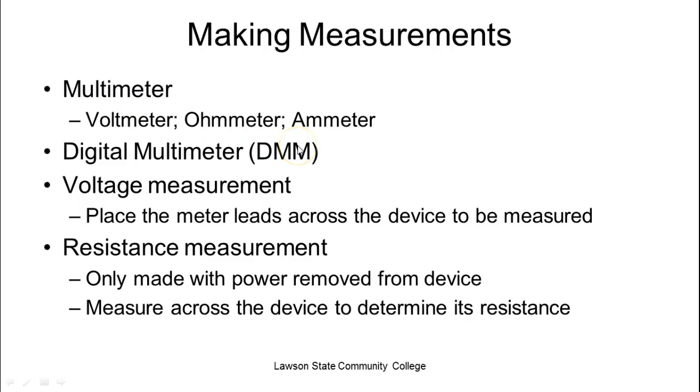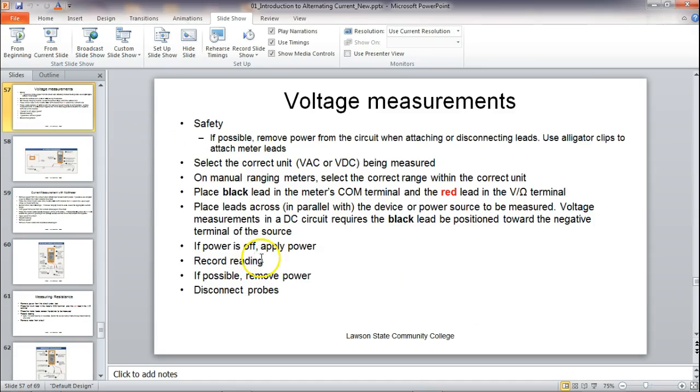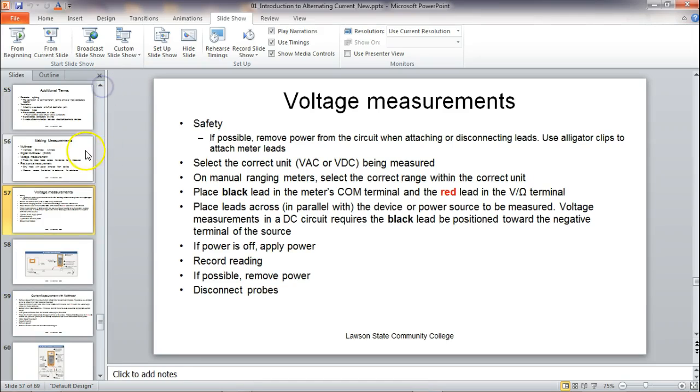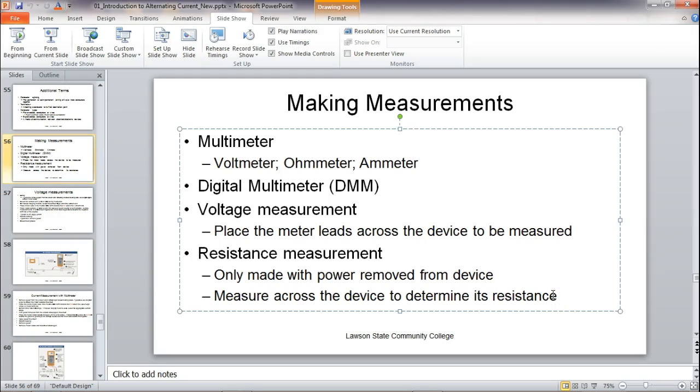Multimeters are very, very important. We need to understand the difference between making measurements with a voltmeter, an ammeter, and an ohmmeter. So undoubtedly, for some reason, I didn't put ammeter in this list, so I'll make that correction right now. So what we do with an ammeter is, an ammeter,